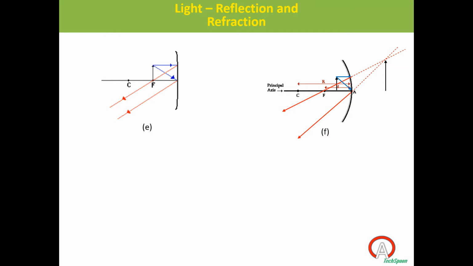But if you keep the object between F and P, you get an image on the back side, but actually you are not getting any image, right? It's a virtual image, a virtual kind of image you can see inside the mirror. Actually there is no image on the back side of the mirror. If you remove the mirror and go to the back side and look, you can't see any image, right? It's a kind of virtual thing. Through this mirror only you can see that